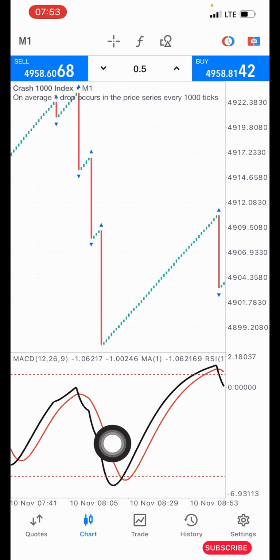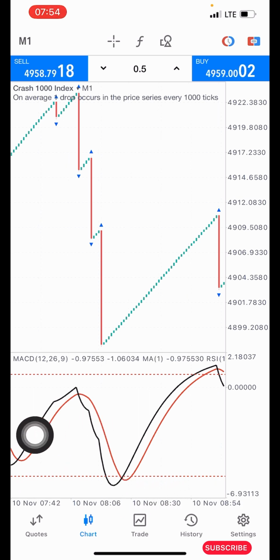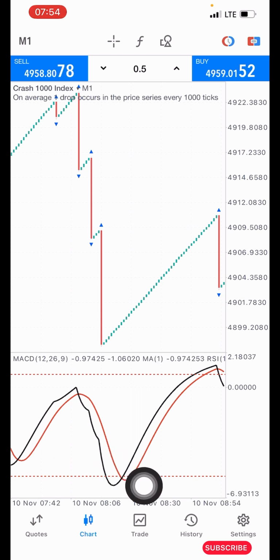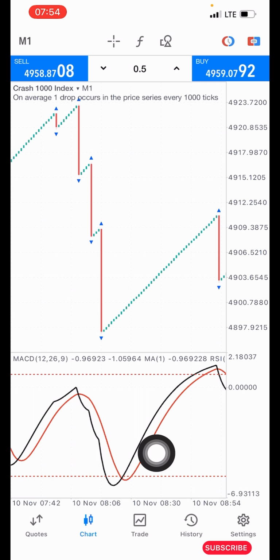You wait for your indicator here, the black line and the red line, to get to the oversold level. When it gets to the oversold level, the next condition you want to wait for is the crossing, which is the crossing of the black line above the red line. Immediately you see that the black line has crossed above the red line, then you go in